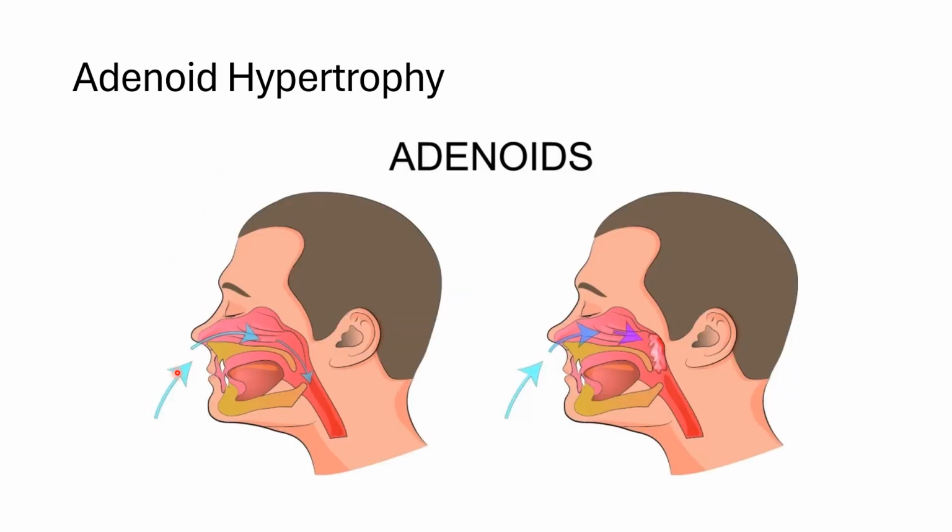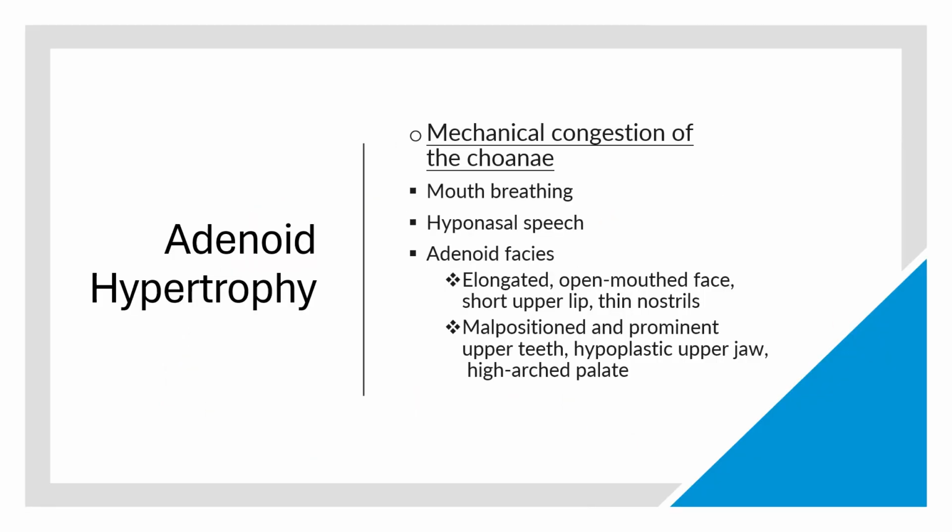Here the air current is flowing through the nose and going further into the larynx and trachea. Here there is adenoid hypertrophy, so the air current is blocked. Adenoid hypertrophy can cause mechanical congestion of the choanae. There will be mouth breathing,